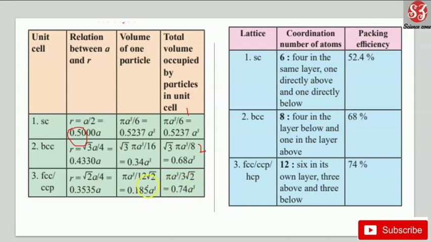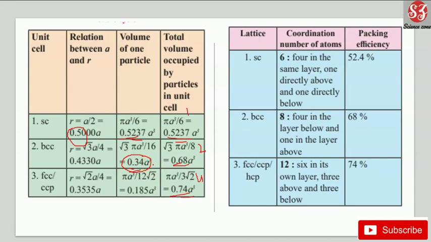All you have to do is multiply this value by 4, because here 4 particles are present. And if you remember these values, it will be very easy for you to solve the problem in the exam, because otherwise you have to learn the root 3, then divide root 3 by 16, then put the value of pi as 3.14 and A cube, and then solve. So better, I will tell you to remember this value, which will make it very easy.